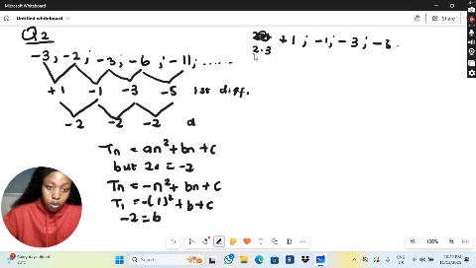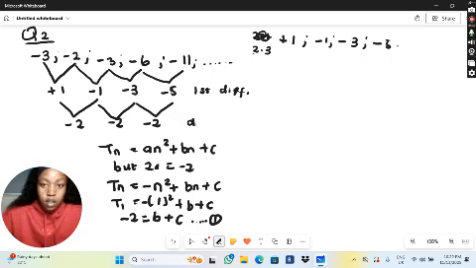This is equation 1. Okay, T2 is equal to negative times negative 2 squared